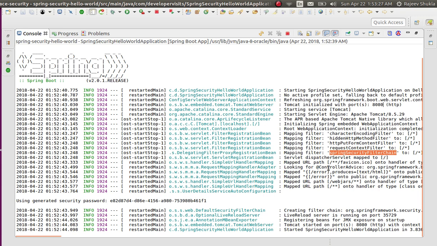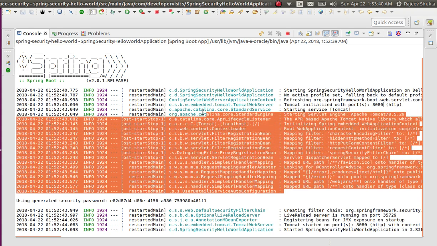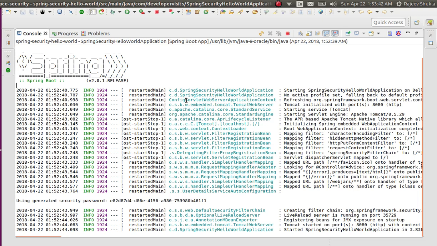And then there is a URL mapping, which is basically by default when you add a Spring web jar, it will automatically add these kinds of advice and controllers. Everything is basically done by Spring Boot by default. So we will take a look into that, how Spring Boot configures Spring Security,